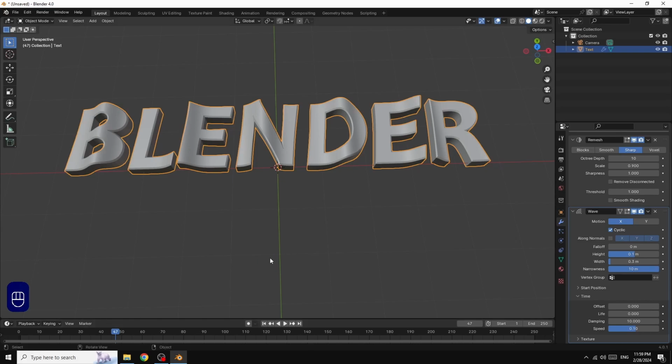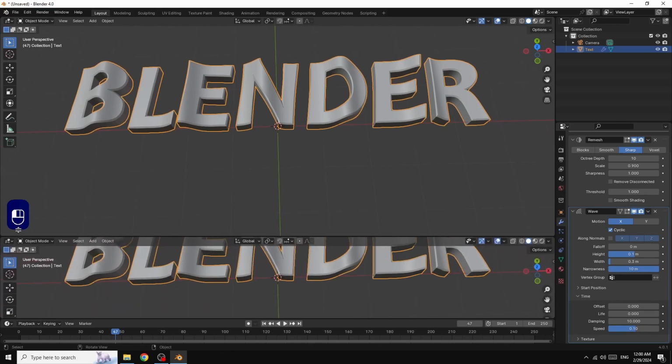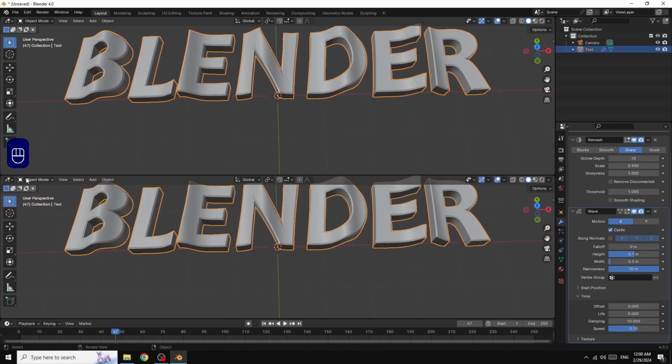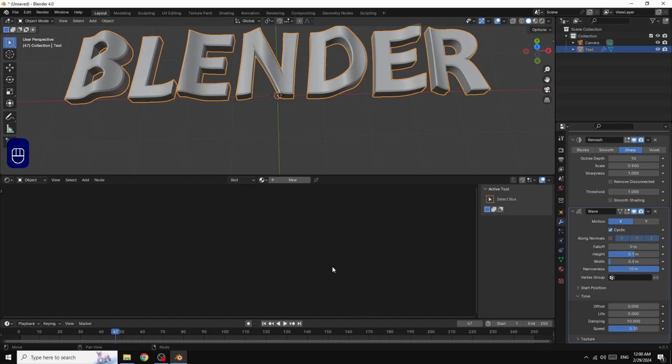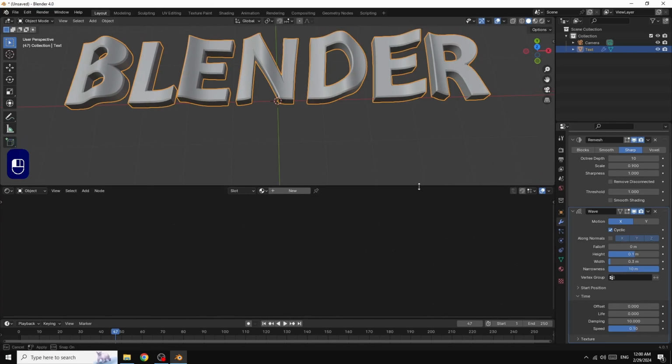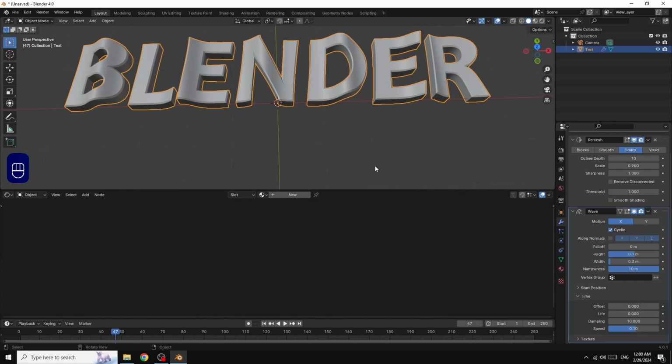Now we have our text. Here, when you see the plus, go up and go in shader editor. Hit N to close this window, but first we must save our project.